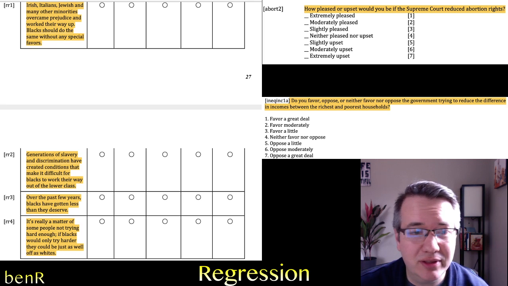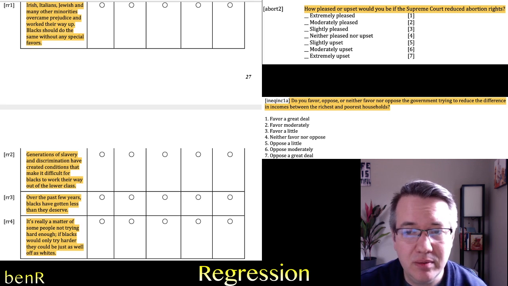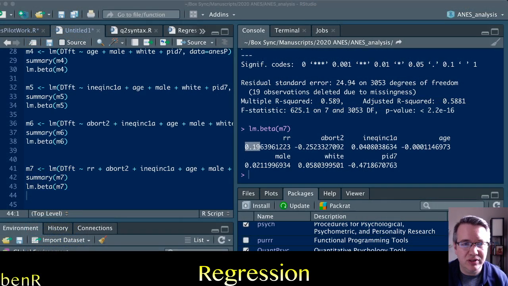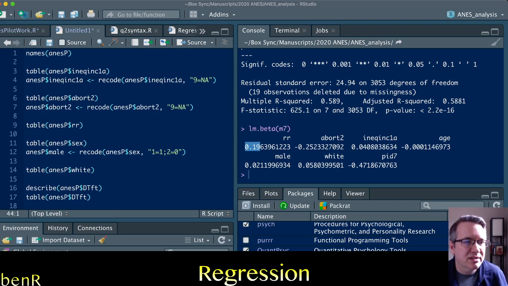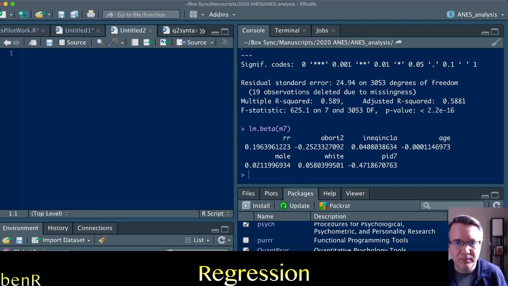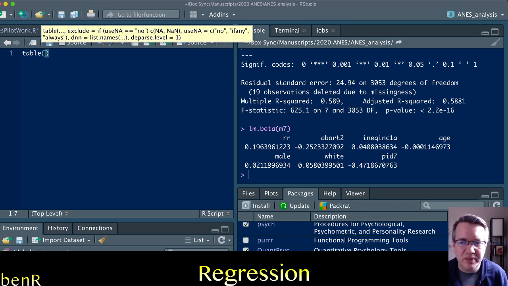So we'll be looking at those as well as some classic sociodemographic variables to see if we can explain variance in evaluations of Donald Trump on the traditional feeling thermometer. Okay, and where do we want to be? Let's just start a new R script. Okay, so let's start by getting a table for our outcome variable just so that we can look at the